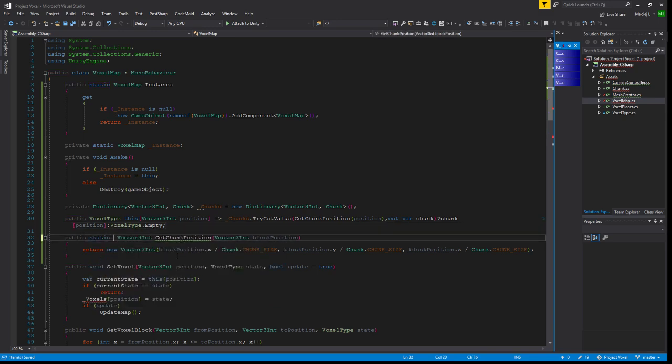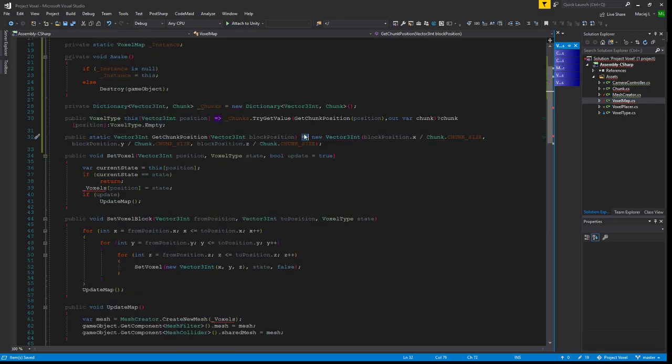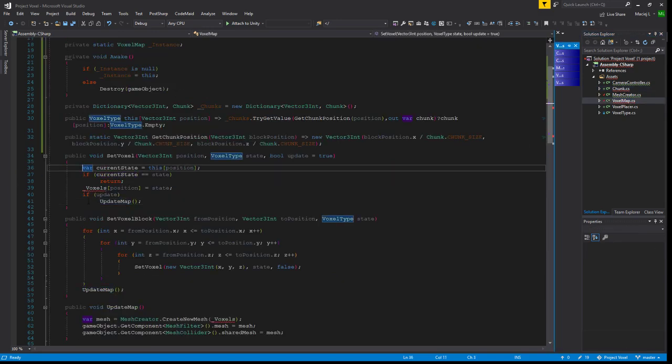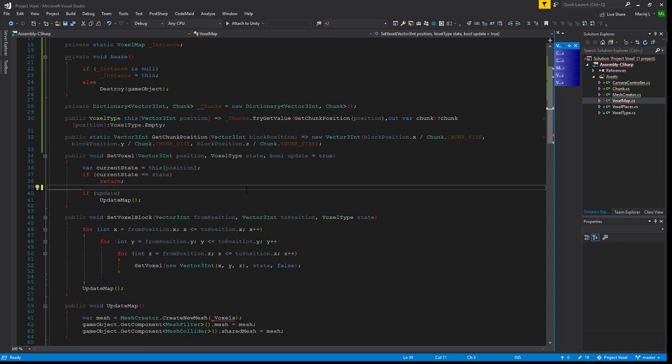Yeah, we can make it static, because why not? We can also make it to this, and then set voxel. We'll update it because we'll need it in the chunk. So set voxel. It will check the position. That's good. And then if the current state is the same, return. That's good. And if not, we can just do get chunk